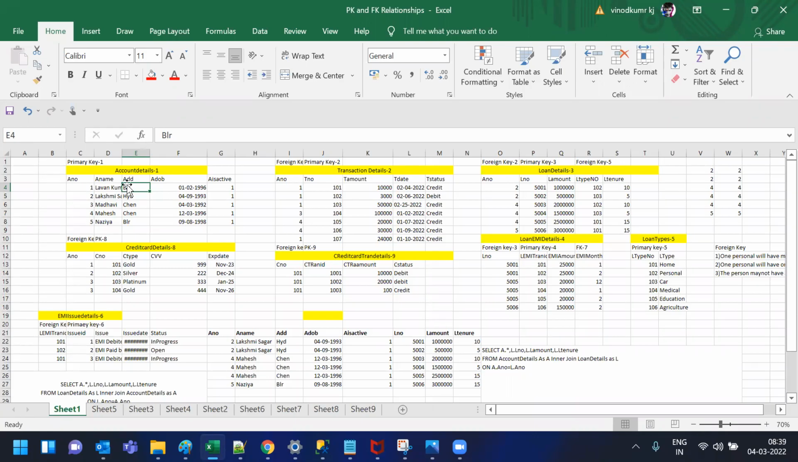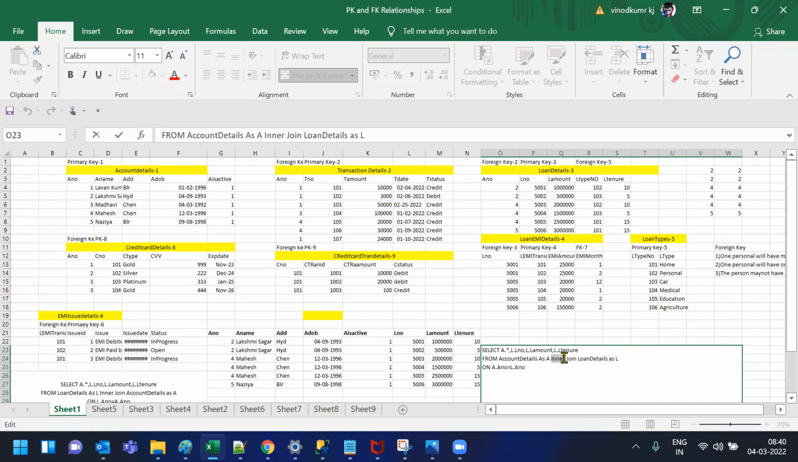Done? Done, bro. So now what you need to do is write down this left outer join query. Let's say we need all the records. You just put star. Select star from